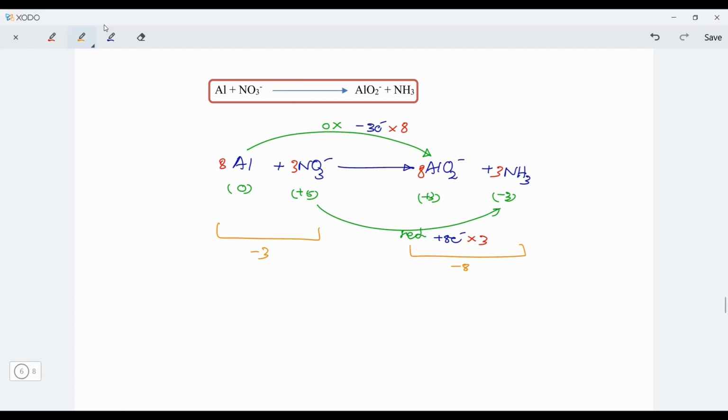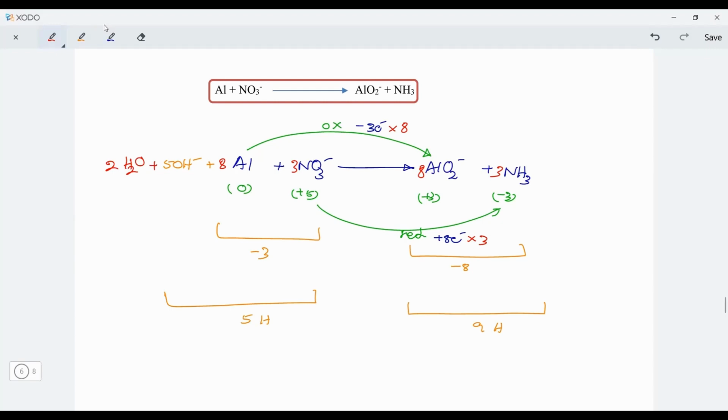So then to balance charges, we have OH minus in our hand. We have to add 5 OH minus to this side. Right? Then both sides will become minus 8, minus 8. Then before adding water, consider all the hydrogen atoms. Okay? In this side, you have 9 hydrogen atoms. In this side, by now you have 5. Then for balancing, you have to add water to the same side. For more hydrogen, that should be added as 2 water molecules to this side. Then your reaction will be balanced, and it is somewhat important because you get water and OH minus to the